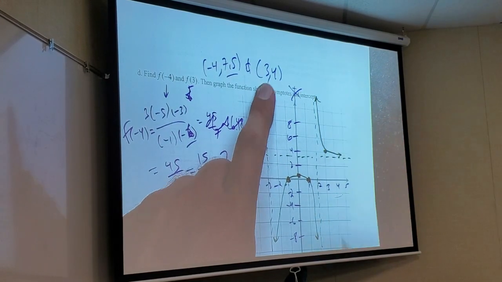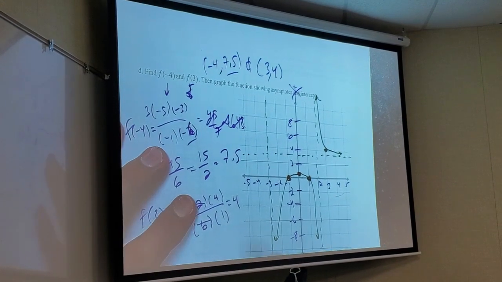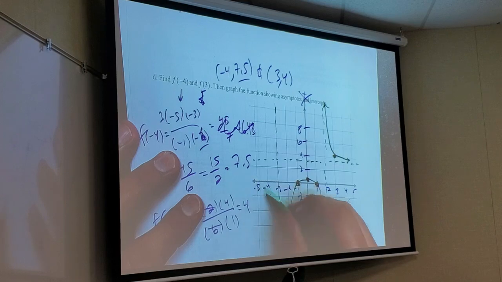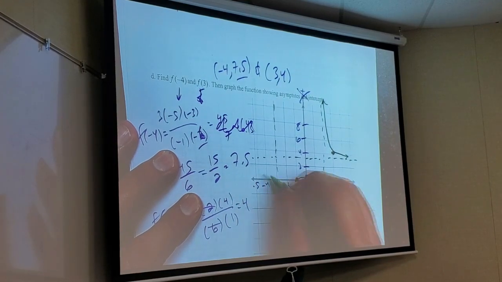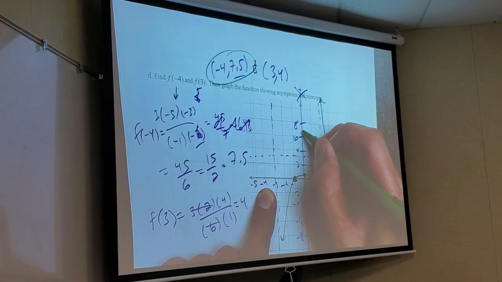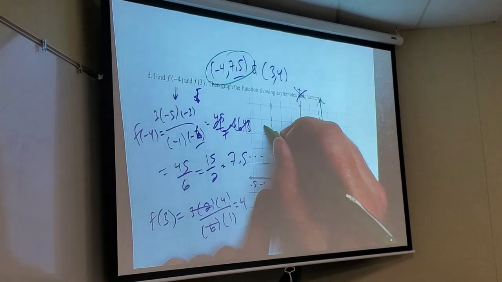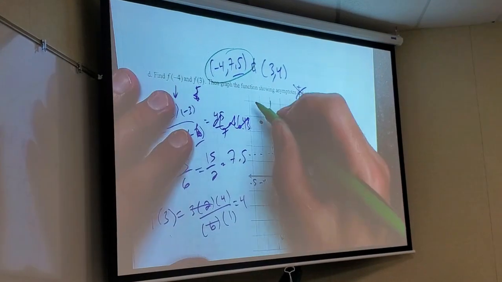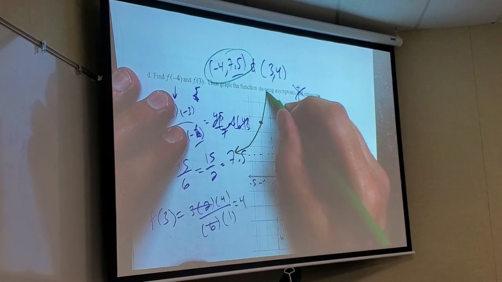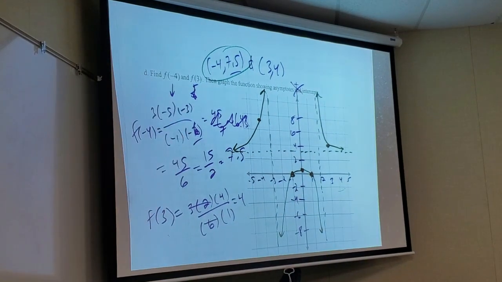Now, do you see something very similar happening over here? It can't possibly be here. No intercepts. But let's see, what did we get? Negative 4 went to 7.5. So 7.5 is right there about. So then it's got to look like this. Whee. How do you know if it's